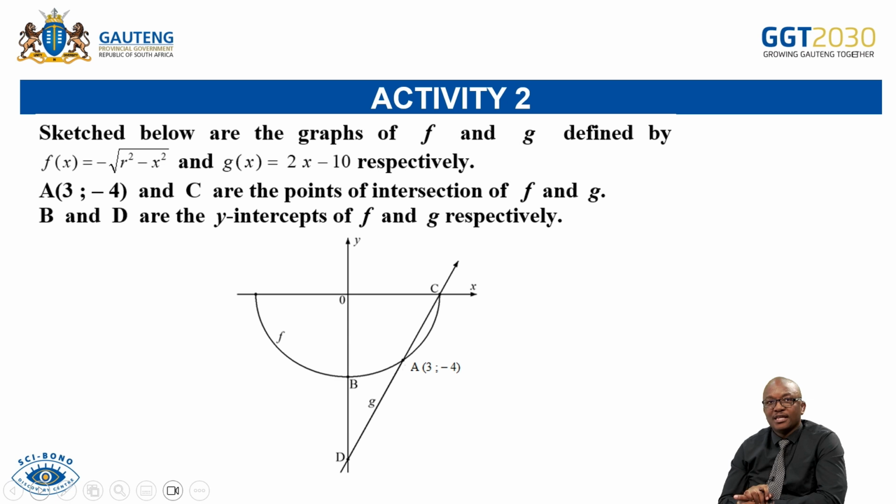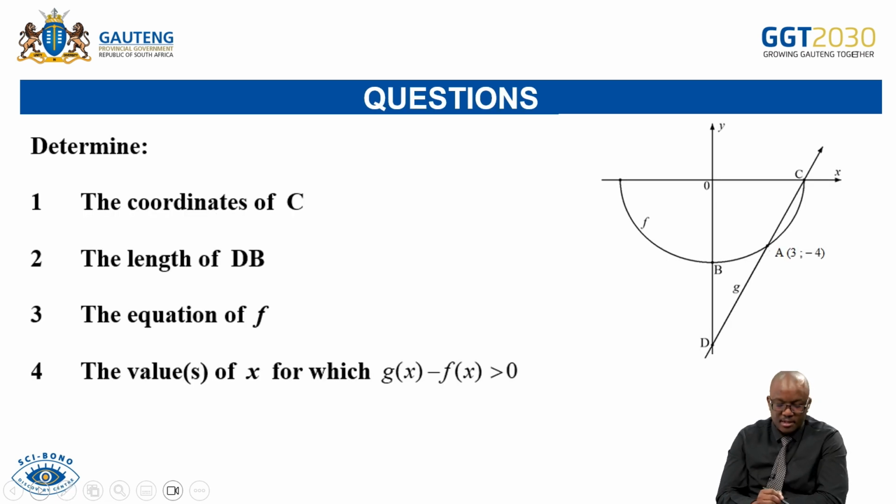B and D are the y-intercepts of f and g respectively. We can see our sketch there. The question is to determine the coordinate of C, the length of BD, the equation of f, and the values of x for which